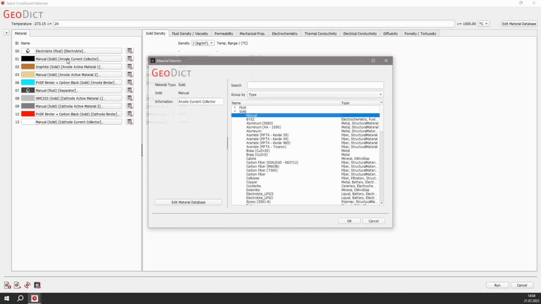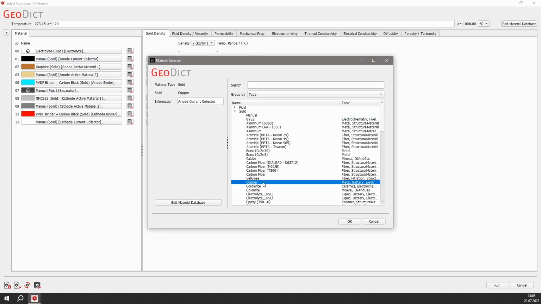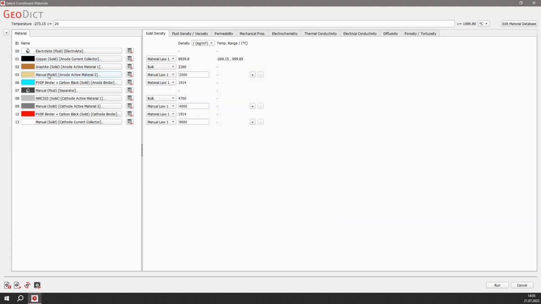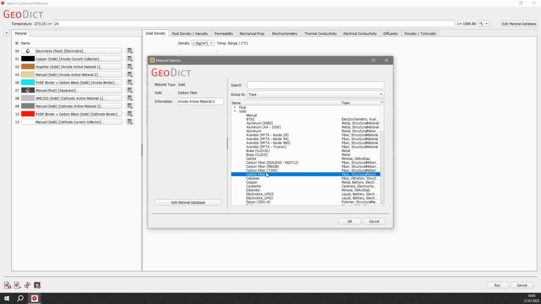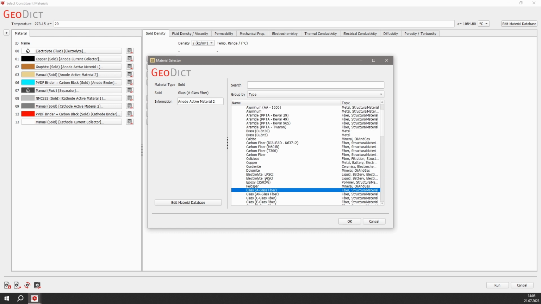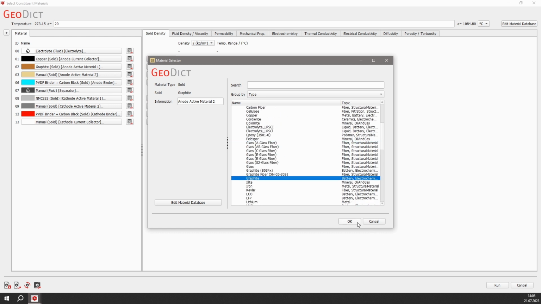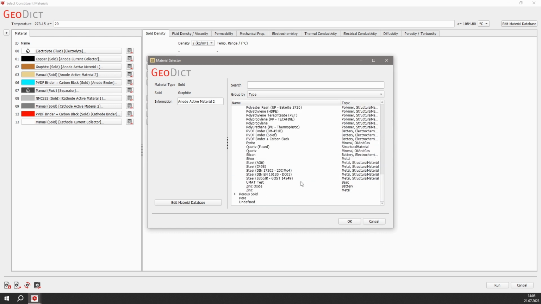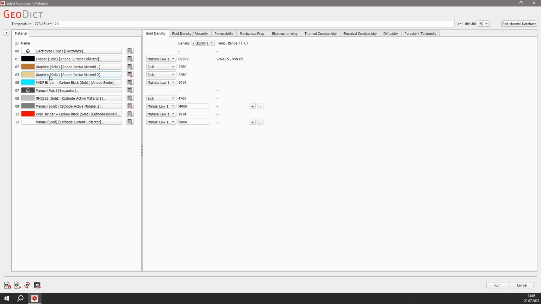For the anode current collector, we select copper. Anode active material 1 and 2 are both graphite. Instead, we could of course also use different materials, for example silicon. For the binder, select PVDF, binder and carbon black.